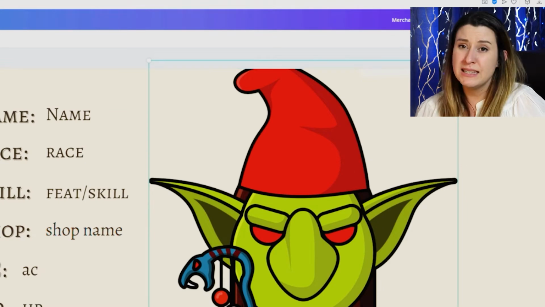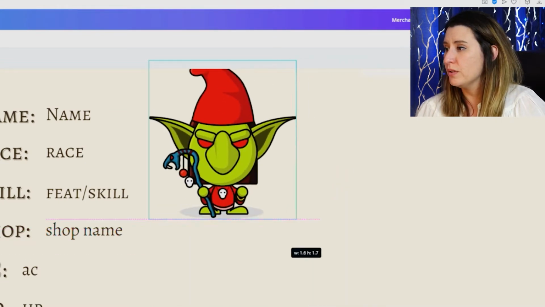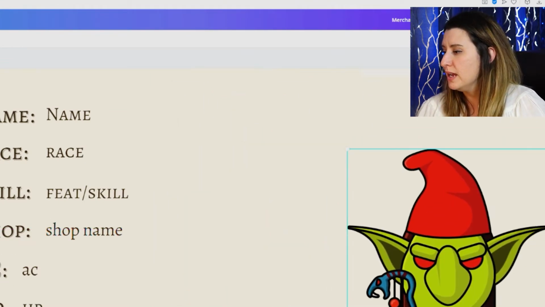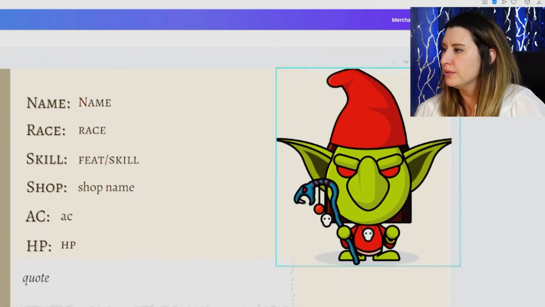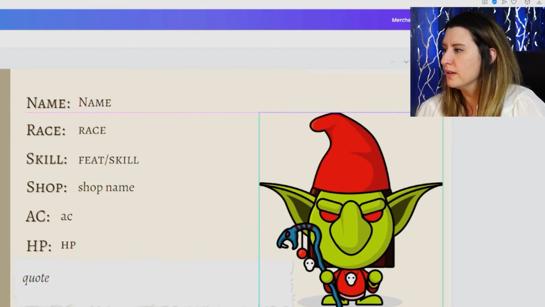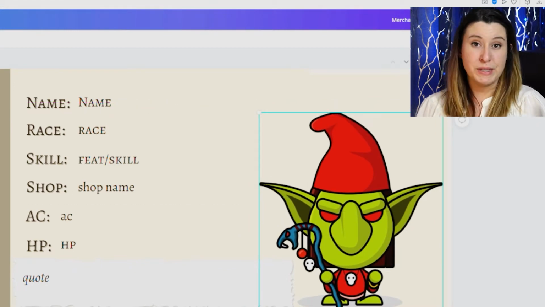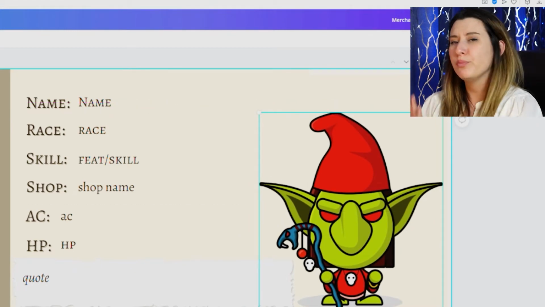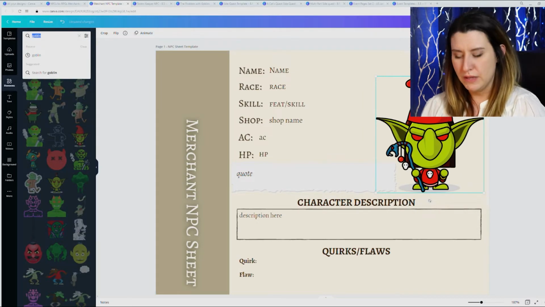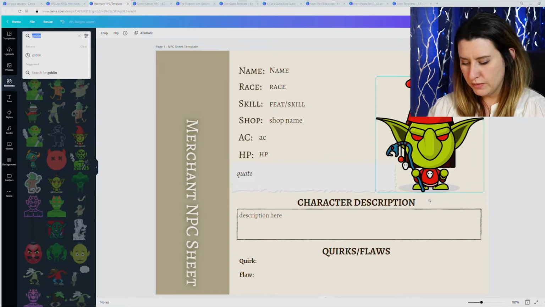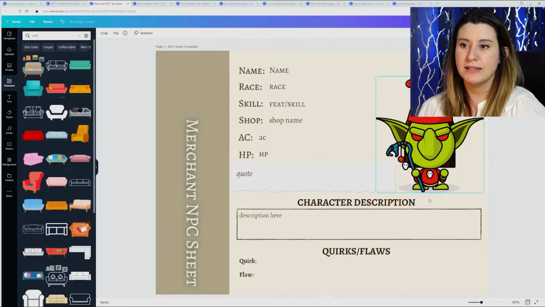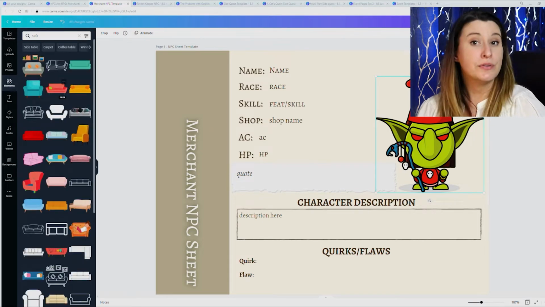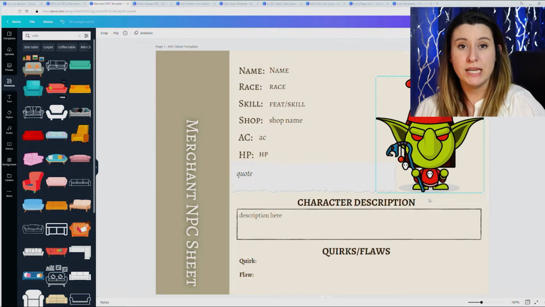Canva makes it really easy to resize things. You simply hit the corner and you can resize it however you want and move it over here. So we're going to put our new little goblin buddy right over here. And then, of course, I like to do something in the background to kind of bring this NPC to life. So why don't we look for a sofa? Perfect. Now you'll notice that some of these are free, which means even on the free account you can use them,